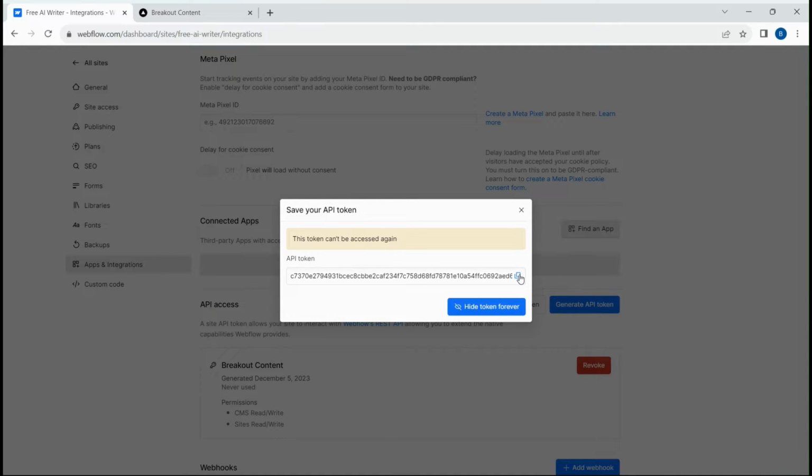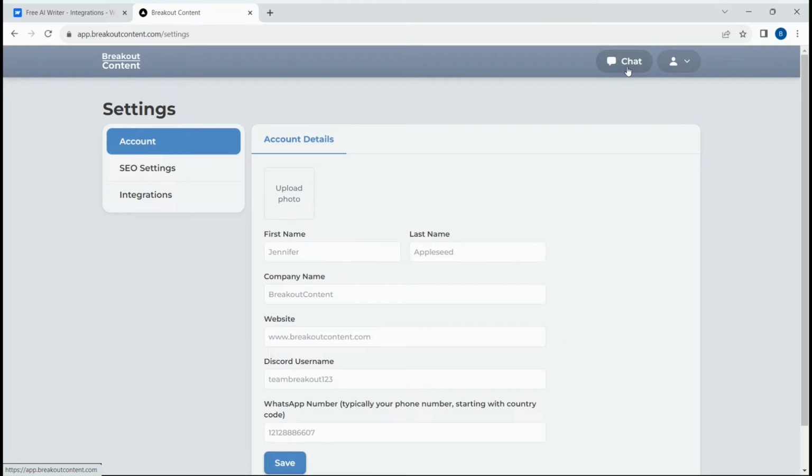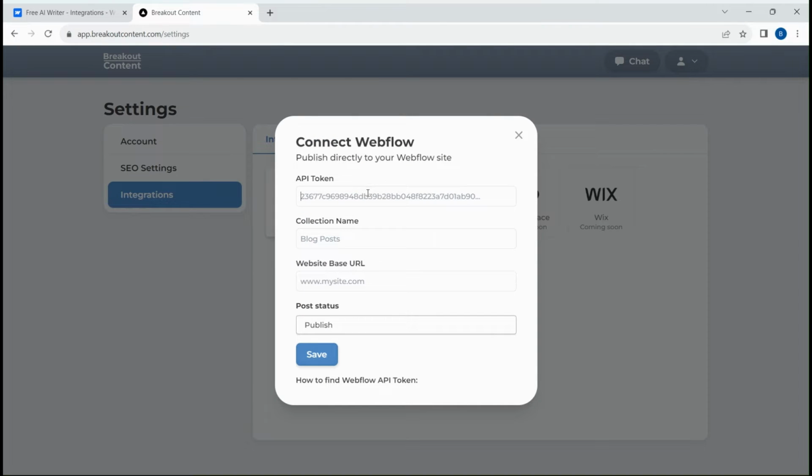To use it with our service, you would copy it, go to here, we have an article generated ready to go. Go to integrations, Webflow, and just copy and paste this here. And then for collection name, you should just name it whatever collection you want to send this to. Blog posts is a pretty common default one. And then for your website base URL, it could be, like